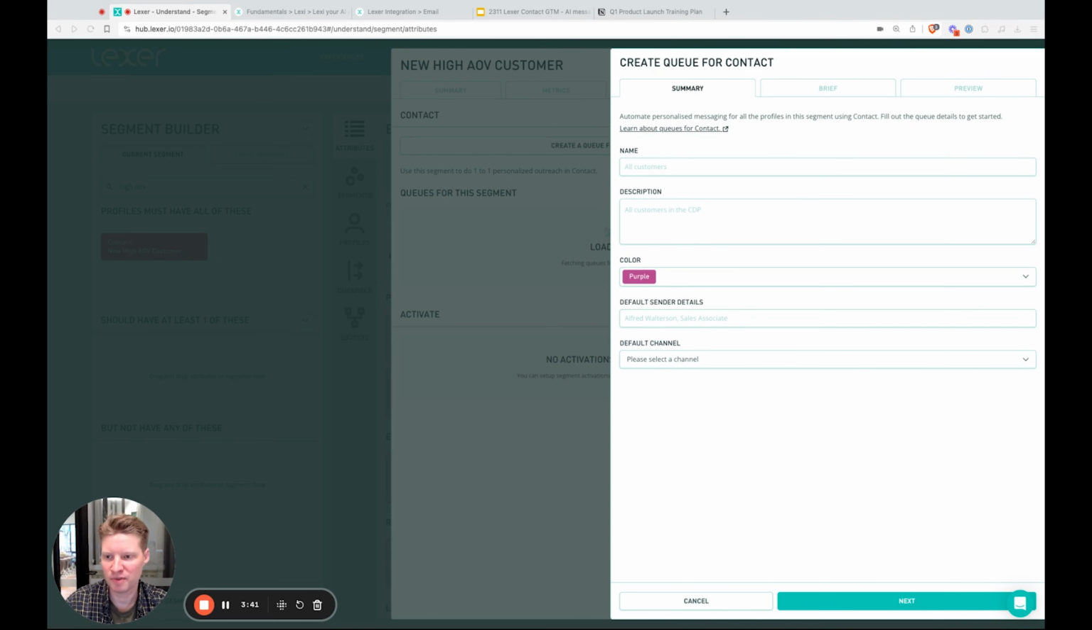So we are copying some information here. This is new high AOV customers, add the description. New customers for the last 7 days. Here's the color. This is the color that appears in contact queues. Default sender. So we will have a drop-down list of senders here. For now, this is the person that this message is most likely to come from. So for new high AOV customers, this might be someone like,